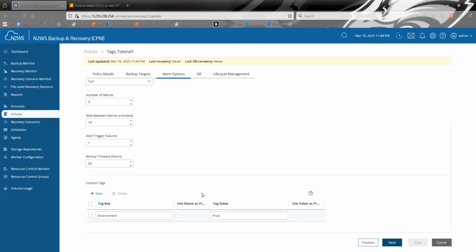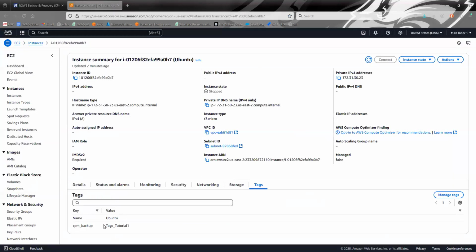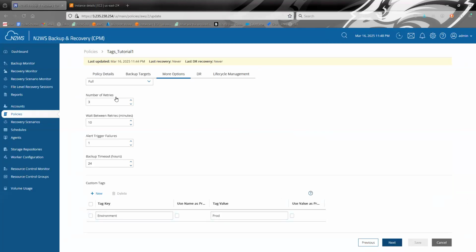So now one other tag that we use, especially when it comes to this one, is our no backup, right? So if you integrate this tag, or even this tag, that's if it's automated, it doesn't matter. But let's say, for instance, we're going to use this one, right? Because we have this one tag. So every single resource that gets created with this tag is going to get automatically added to the policy. Maybe there's a specific instance or a giant database or something that maybe we don't want to add to this particular policy, or get backed up at all. So instead of having this happen all the time,